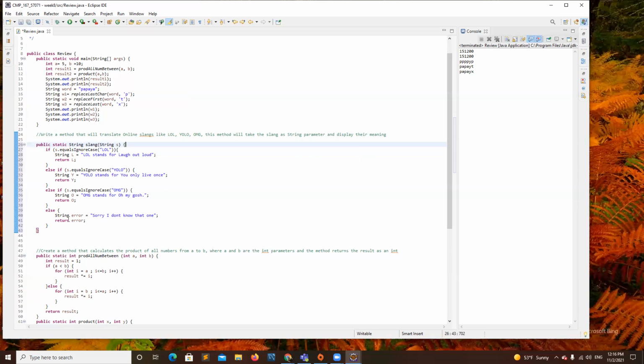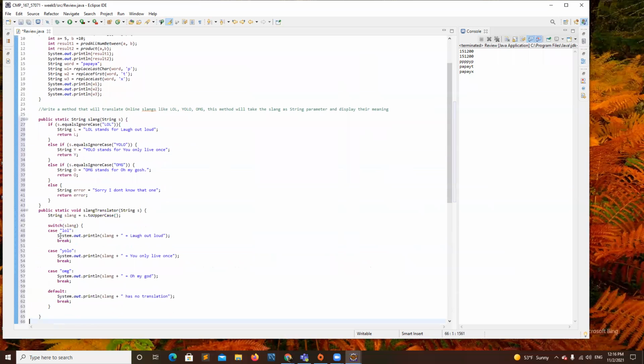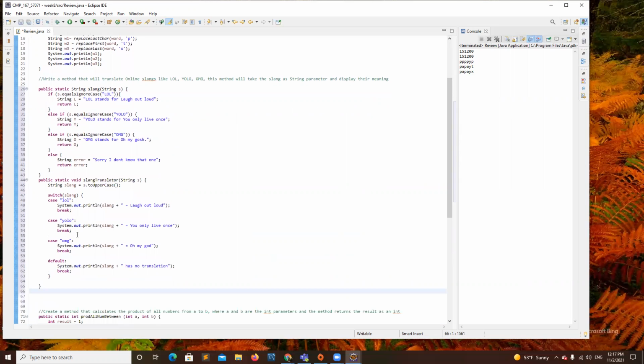Okay, what about you, Garrett? What is your implementation? Okay, so I'm just going to copy everything. So you have a switch case, and of course this is also good.